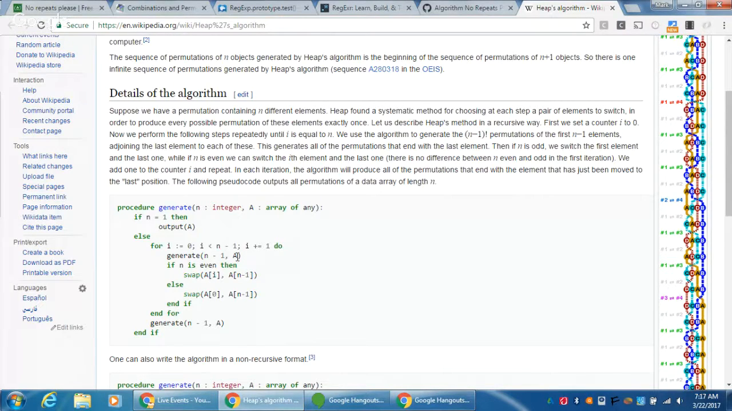What does that mean? We have a counter here, i. So in our for loop, we have another counter, i. If it's even, we're going to swap the ith element with that n minus 1. If it's odd, let's see. If it's odd,